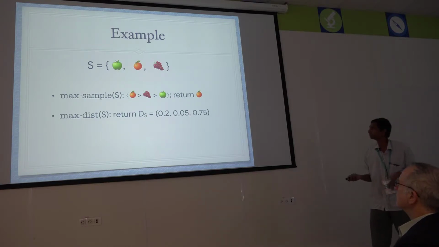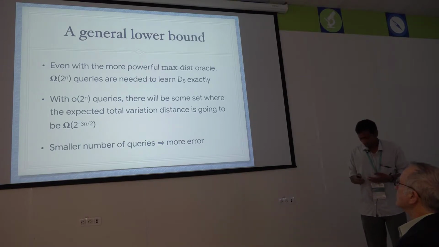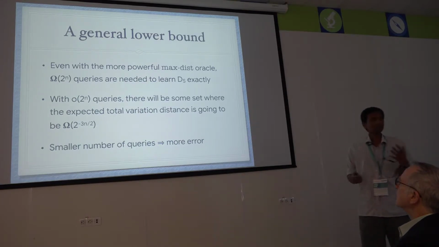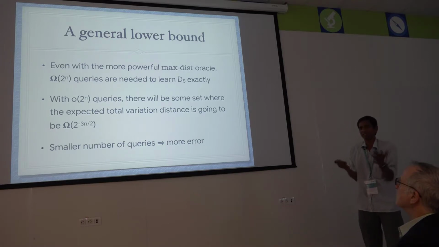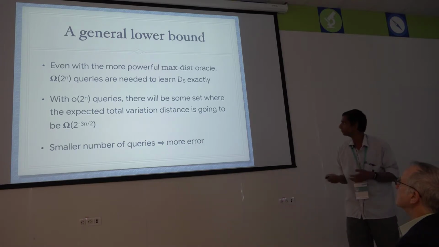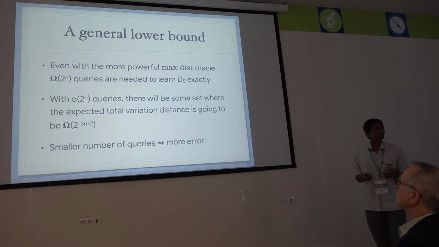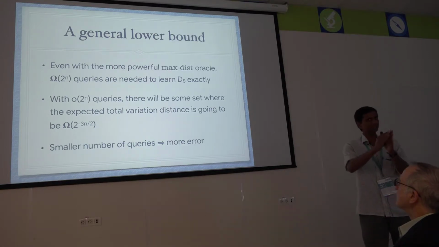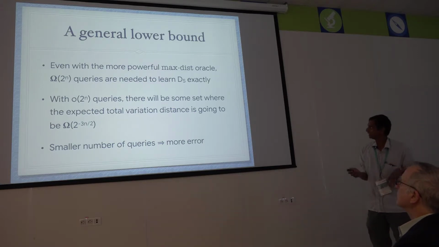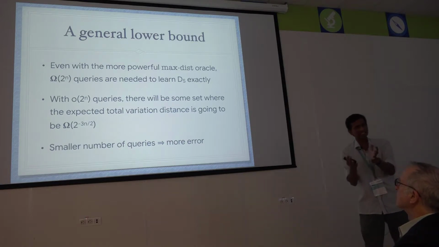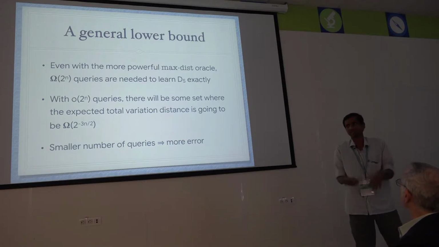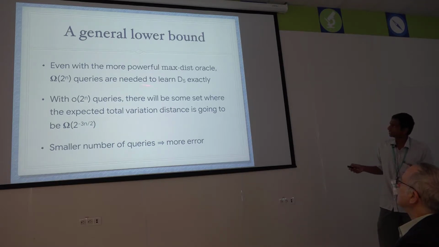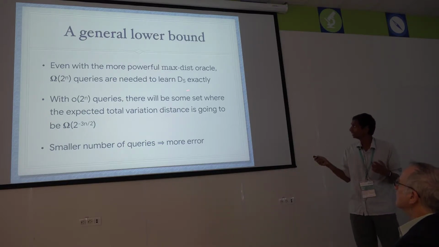So that's the setup. Okay. So first we'll start with the bad news, that this problem in this most general form is actually hopeless from an algorithmic point of view. So even with the more powerful max dist oracle, remember max dist gives you the exact distribution over a subset, to learn the distribution for every slate, remember our goal is, given any slate I need to know what is the distribution, right? That goal is impossible to achieve with polynomial many queries. In particular, you need exponentially many queries to be able to learn this slate exactly.